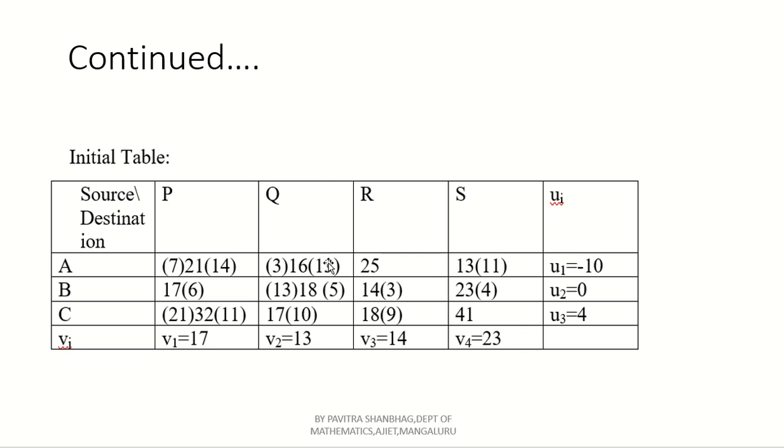Now similarly we have to compute for this one. These are the unoccupied cells, right? So the unoccupied cells we are filling now. Here 13 plus 0 is 13, so the remaining is 5. You have to write it on the right side of this value. Next, there is nothing left here. Now come to this part. Here 17 plus 4 means 21. The remaining is 11, on the right side of the element. Okay, that is the procedure we have explained here.